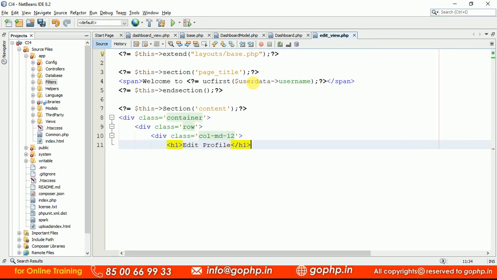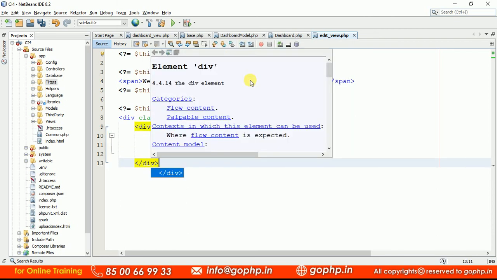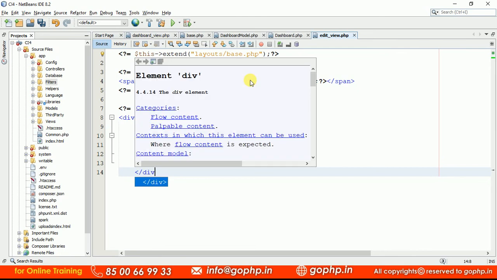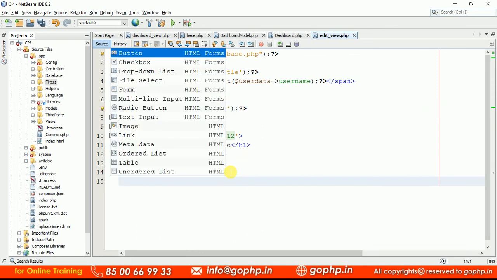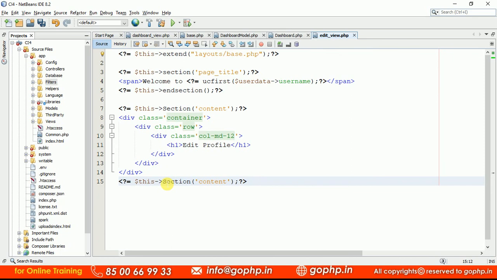I'm going to keep the following code here for the edit profile. So let me close this div, the col-md-12 div. After that we have to close the row div. After that we have to close the container div. Perfect. So here we are keeping the content, right? So at the end of it there should be an end section also, and the name of the placeholder is going to be content. This is end section. End section does not require any parameter, and here we have the page title. So nothing but we have to give welcome to the logged in username. That's the reason we gave this welcome to user. And in the menu also we are providing the same.